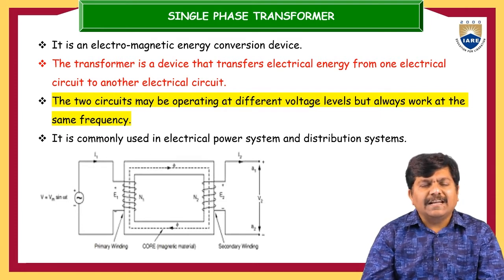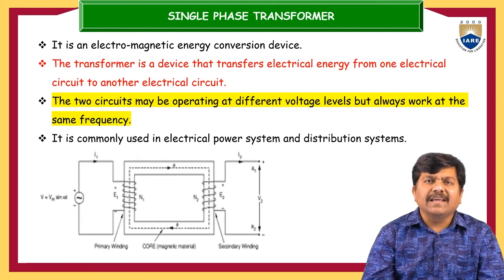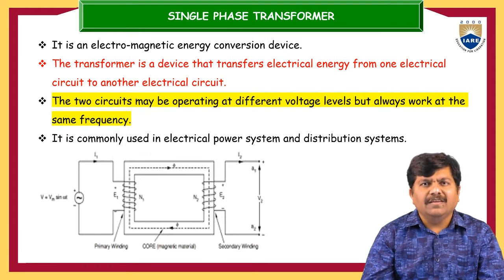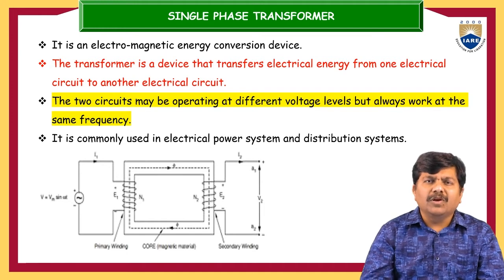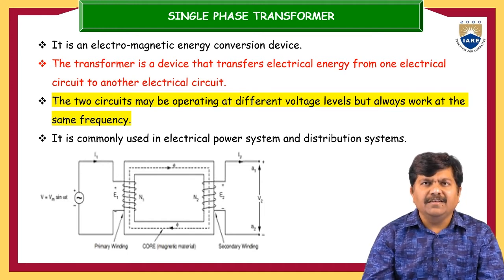The only reason is that this transformer is a static piece of apparatus. It means there are no rotating bodies in the transformer. Once there are no rotating parts in any electrical machine, automatically the mechanical losses become zero. Once the losses go on reducing, then proportionally the efficiency of the machine becomes more and more. So this makes the efficiency of the transformer very high. More than 95% efficiency is what transformers put up in the transmission, generating and distribution